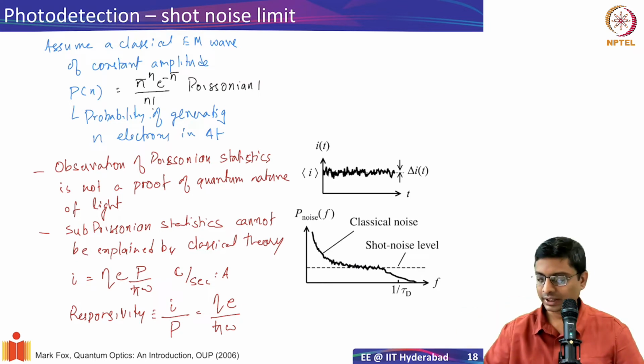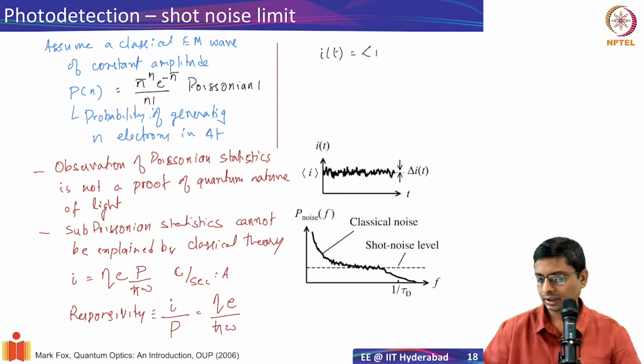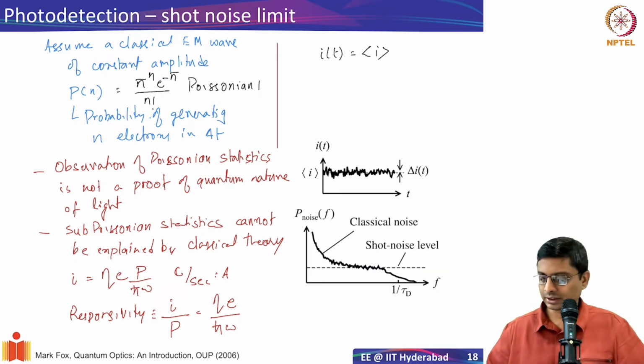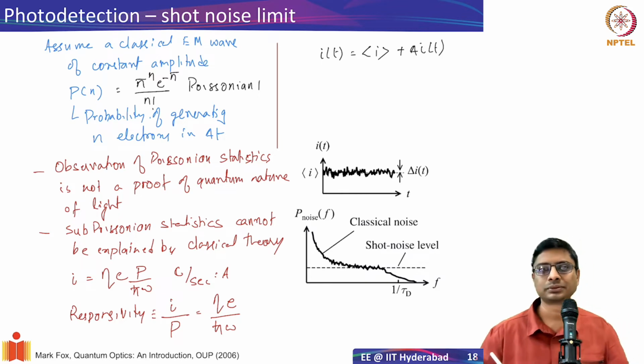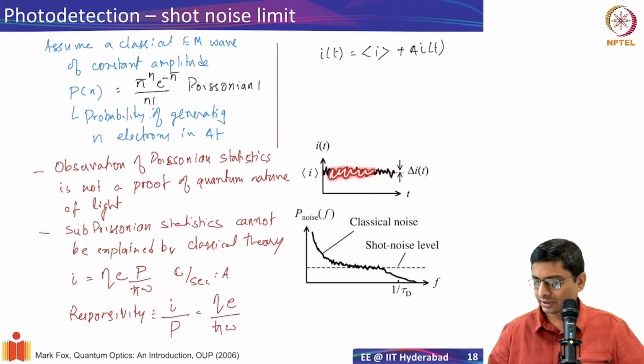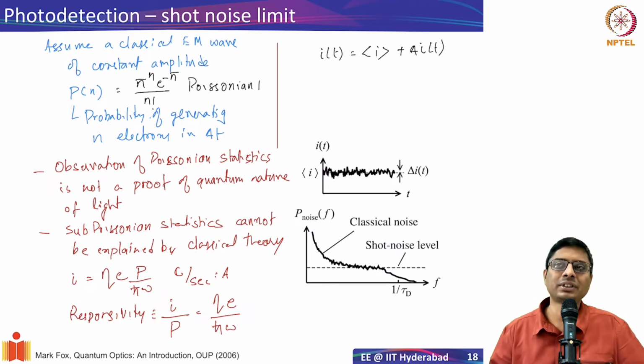Well, the current that is generated from the photodetector, let's say I of t, is going to have some mean value, which I am representing by angular brackets here. So angular brackets of I means the mean value of current, plus some fluctuations, delta I, which is a function of time. This is how the current generated from the photodetector is going to be, and schematically that is shown here. You have some mean value, and there are some fluctuations with that. Now if you have that fluctuation, that is essentially noise that we are generating, right?